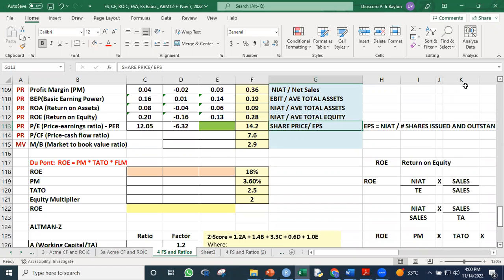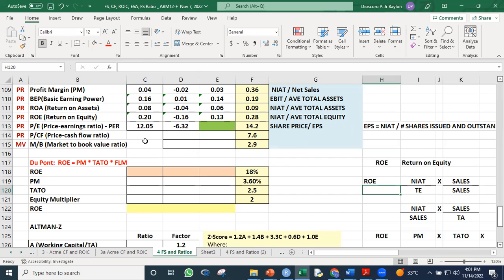Quote-unquote guys, kasi that's not the buying price. That's not the share price. Okay? Pero we just reduce, ginawa lang natin na ratio and proportion ng EPS to the price. Ang gagawin natin, yung 12.05, di ba, this is equal to 12.05 divided by 1. So ano yung 1 doon? Yung EPS. Ano yung 12.05? Yung share price. Okay, so based on this ratio, ang price ni Globe, anong company natin, ni Micro, is